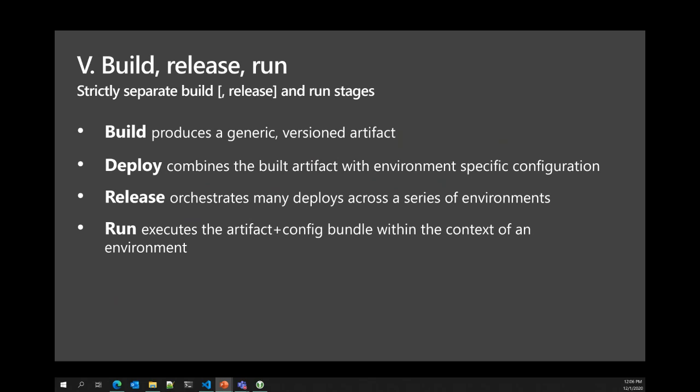So I'm not going to talk about all 12 factors. Really what I want to focus on today is factor 5 specifically, and factor 5 within the 12 factors really focuses on the principles of continuous integration and continuous delivery. It describes that you need a strict separation between your build, release, and run phases within your application lifecycle. And that's referring to that hard dividing line between CI, or continuous integration, and CD, or continuous delivery.